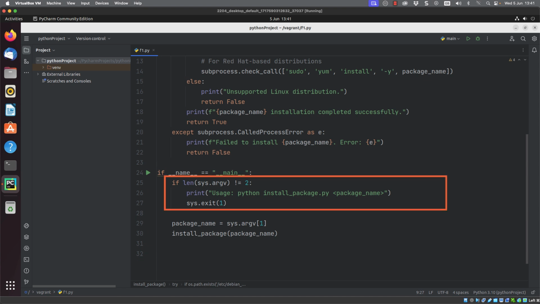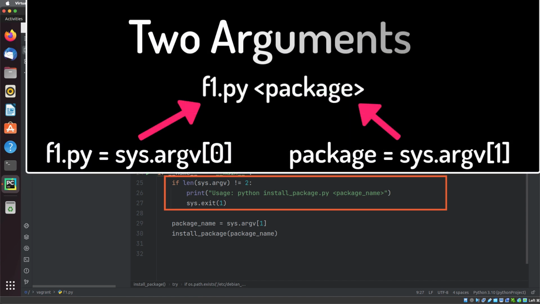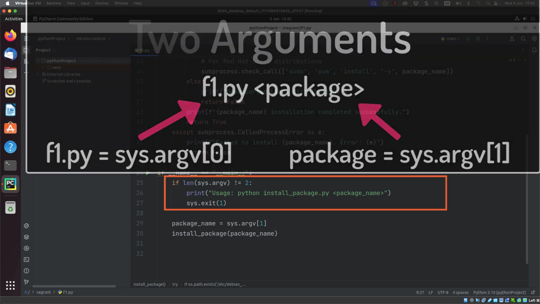first of all at how many arguments we've supplied. And it's saying if the length of our arguments is not equal to 2. Now, the arguments include the script name. So if we've got 2 arguments, we have both the script name and a supplied argument from the command line. But if we don't, then we're going to print out a usage statement and exit out of our code.